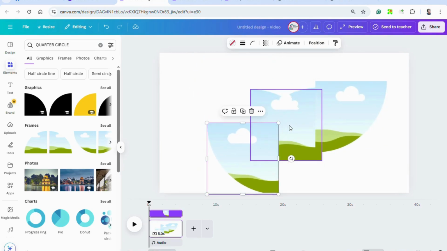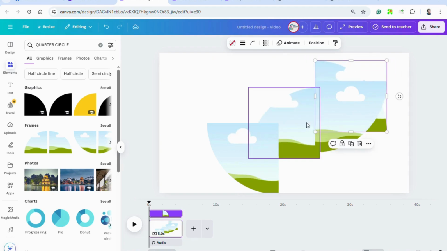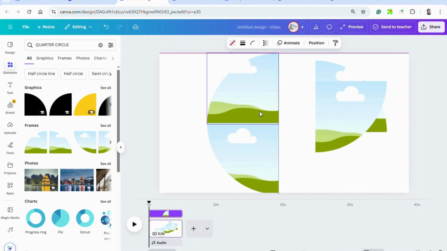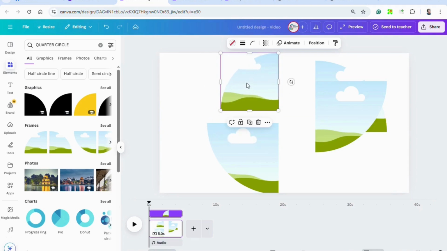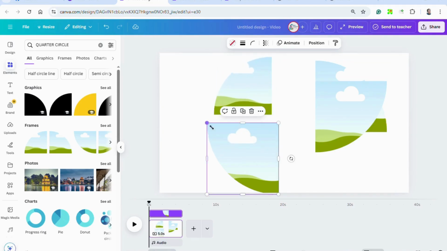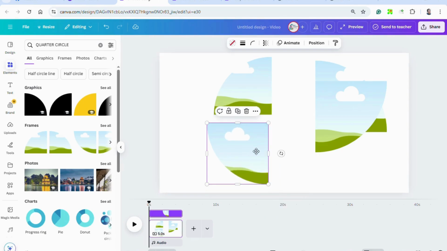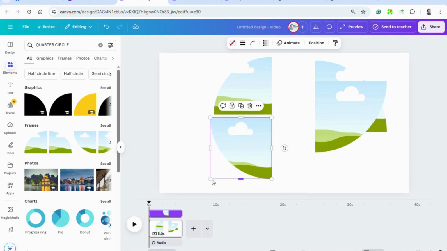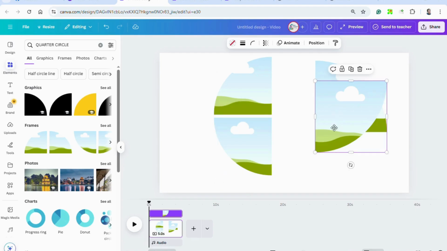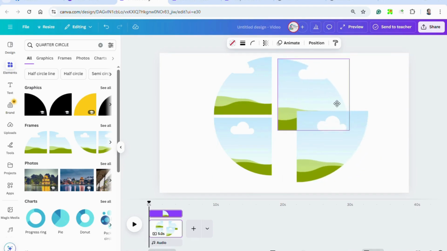Make sure that they are the same size and the same distance. Just do this quickly. Okay, another one is this one.